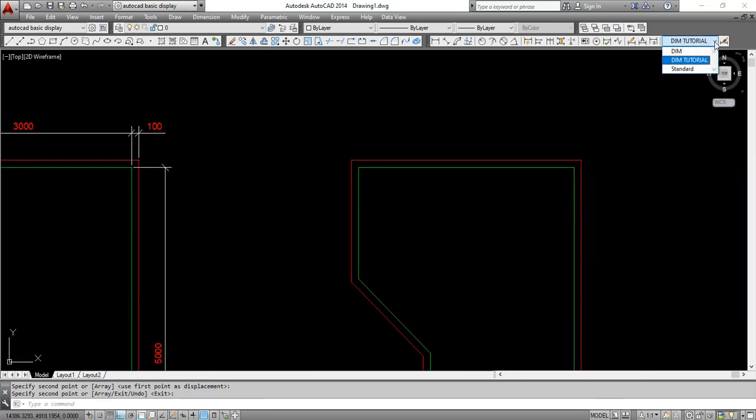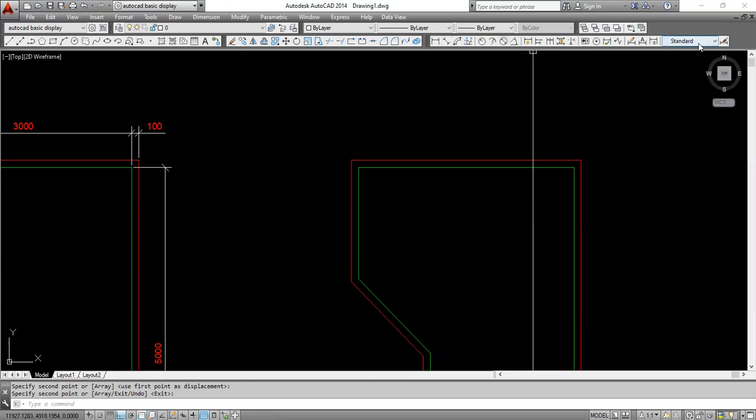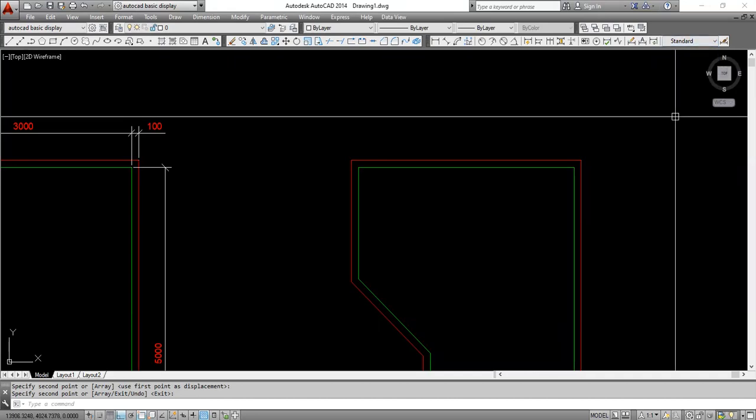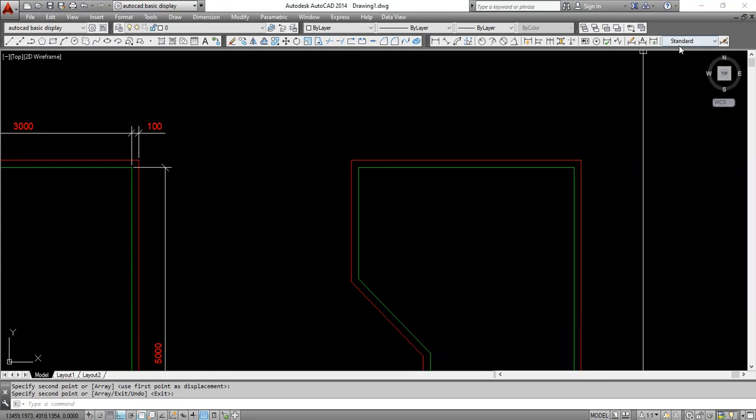First, you will see here that the default is usually standard, not this, because this one I made already. So let's say I will not adjust the standard first, I'll just put the dimension of the